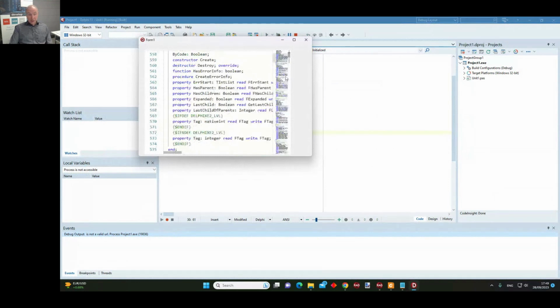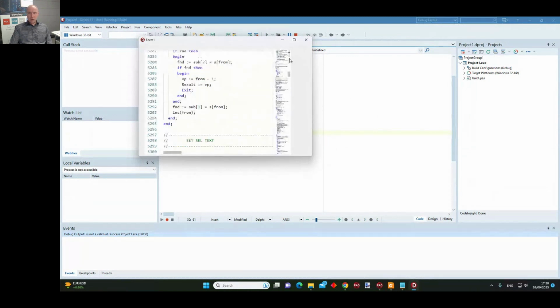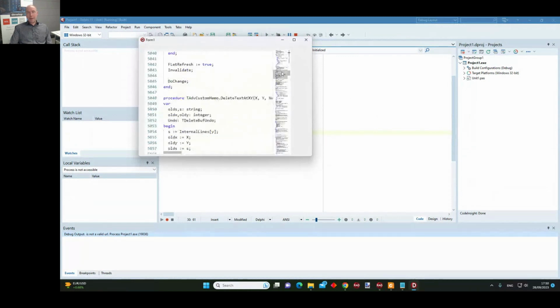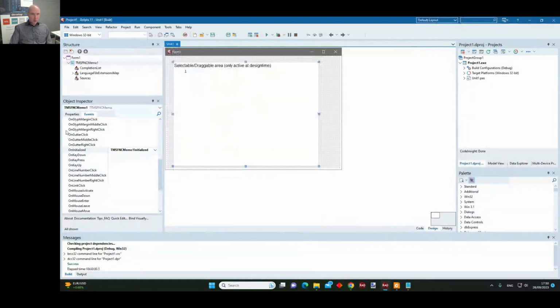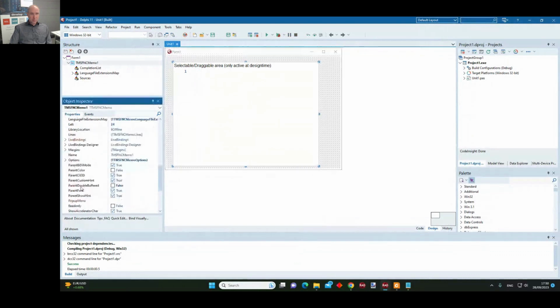What the difference that we immediately notice here is the code map. So that is something that is available in the FNC Memo that we do not have in the ADV Memo. Okay, so that's an important difference. The code map, of course, if you don't want it, you can also disable it under options.